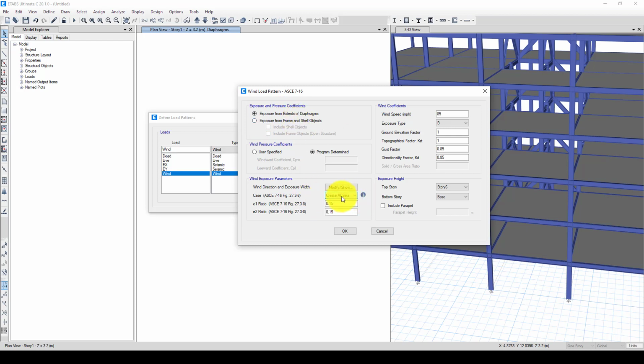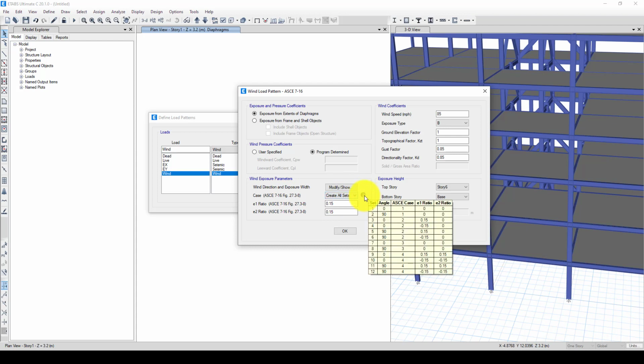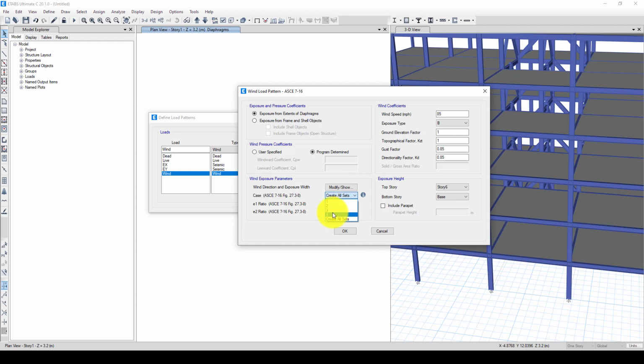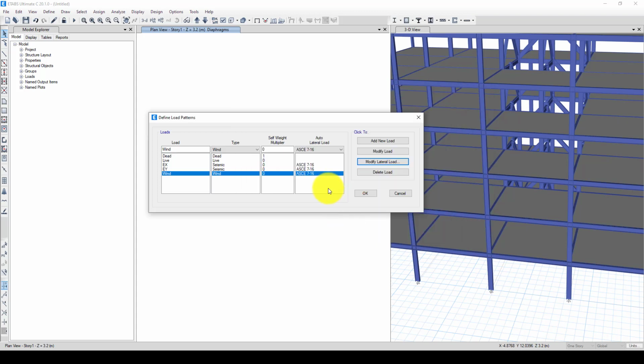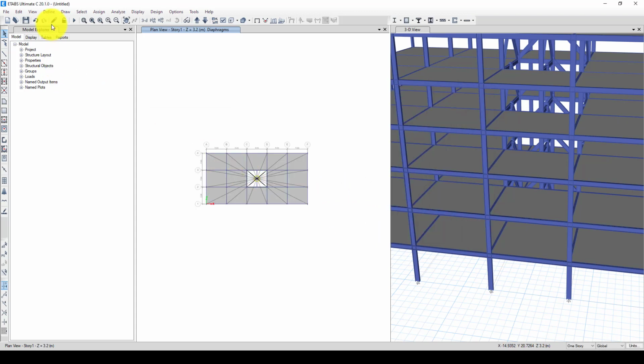Now here we can see this one, which we are applying the load, it creates about 12 directions. So you can choose how many you want. Let me create 2, which is one leeward and windward. So the other parameters are 70.5 and 15, and here is giving the 80 miles per hour. The exposure is B, and the ground elevation factor is 1, and the gust factor, everything we assume is okay, this one. And we don't have any other parameter for this modeling now. We're not considering that. It's okay. Now we define the wind load as well. So okay, and next